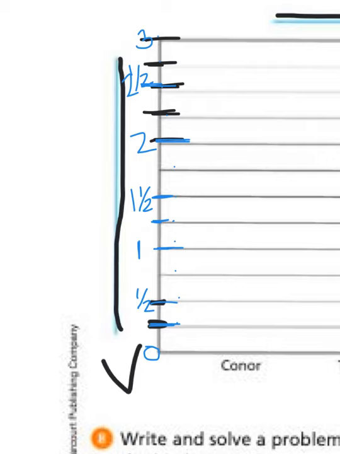Well, between 0 and 1/2 is 1/4. We have a half, and then we have 3/4. And you would want to finish that up doing 1 and 1/4, 1 and 1/2, 1 and 3/4. And that will give you a really good start to your chart. You can finish the rest. There's just a couple more to go, and hopefully you can figure that out for yourself once you have the